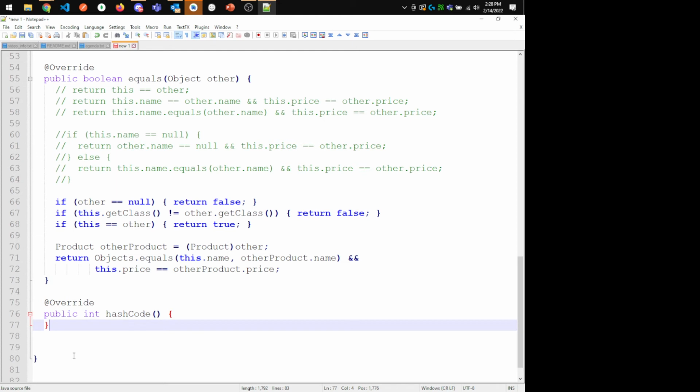Mainly because things like this dot name, comparing this dot name with the other name, actually means we have to loop over and compare the characters by characters. There's an implicit loop hidden in there. So this method is not cheap, so we may use this method instead and say, oh, well, if the hash codes are different, then we know they're not equal. But if the hash codes are the same, they might be equal. That's basically the way we use it. We say if the hash codes are the same, they might be equal, but if they're not, then they're definitely not equal. Okay. So the default implementation here